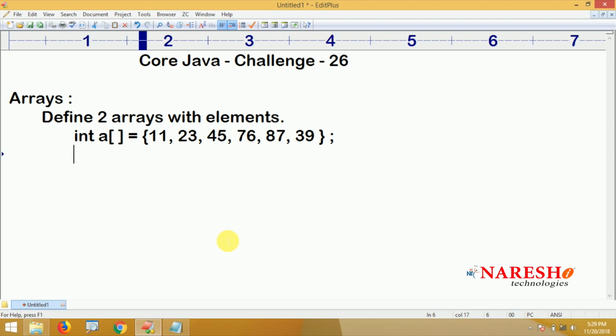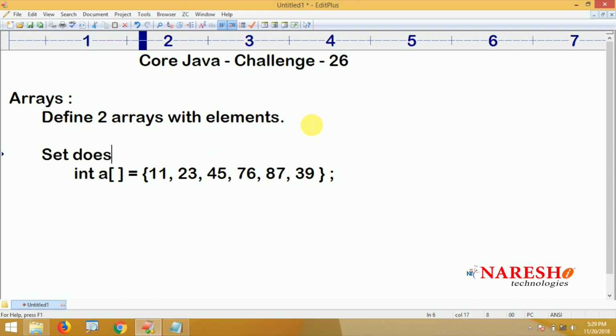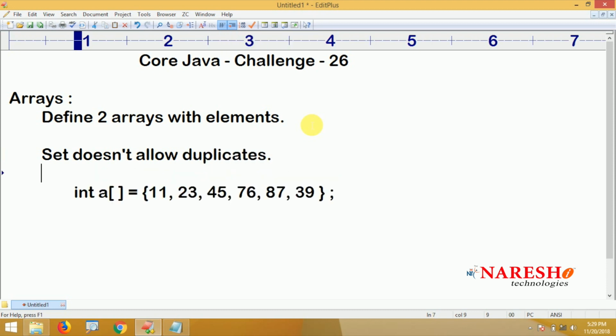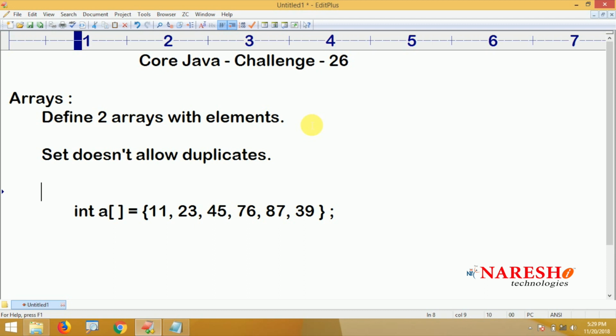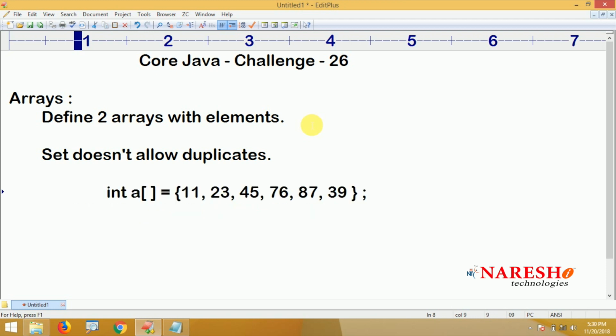Unique elements we are taking. Sir, why are unique elements we are taking? Arrays can store duplicates also. Yes, duplicates also. But a very important point we should understand: a set doesn't allow duplicates. Any set, mathematical set, or in a data structures concept like in the collections framework, only a list allows duplicates, a set doesn't allow. That is the universal rule. So here also please consider the same thing, a set doesn't allow duplicates. So here just treat the array as a set,